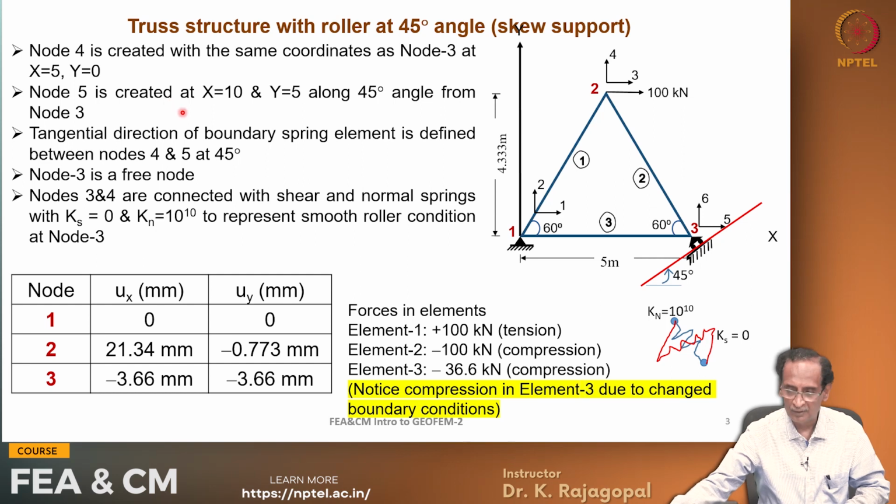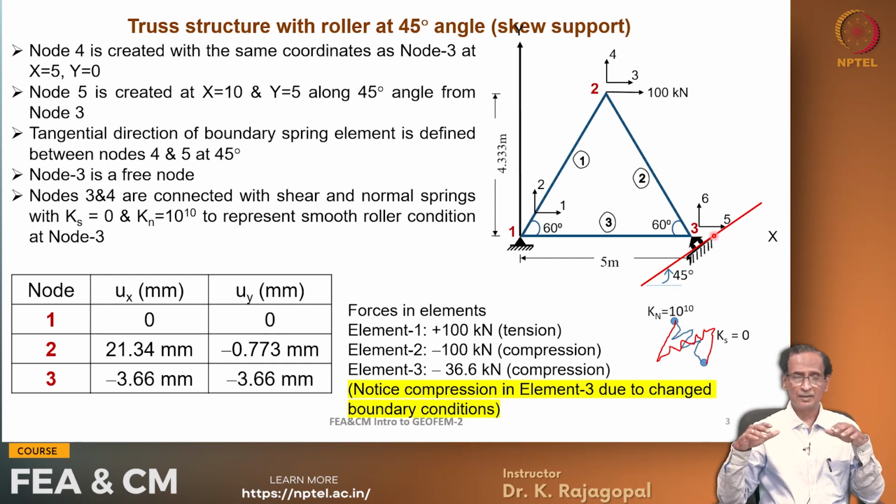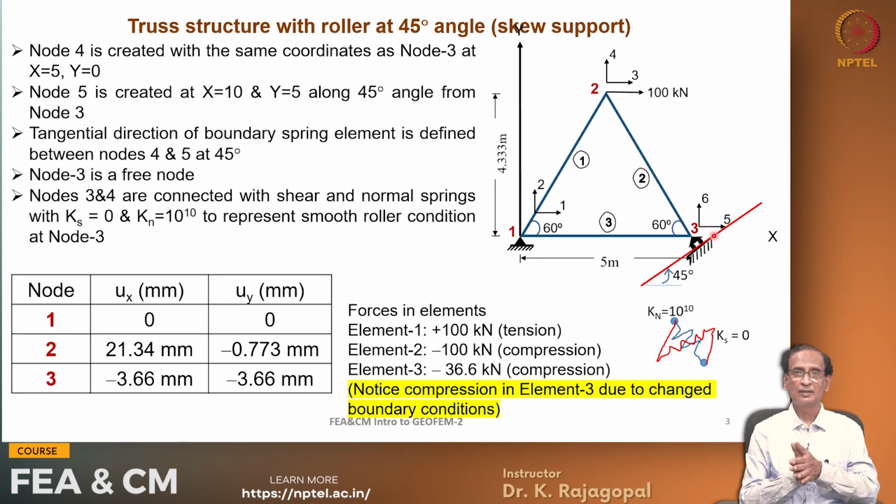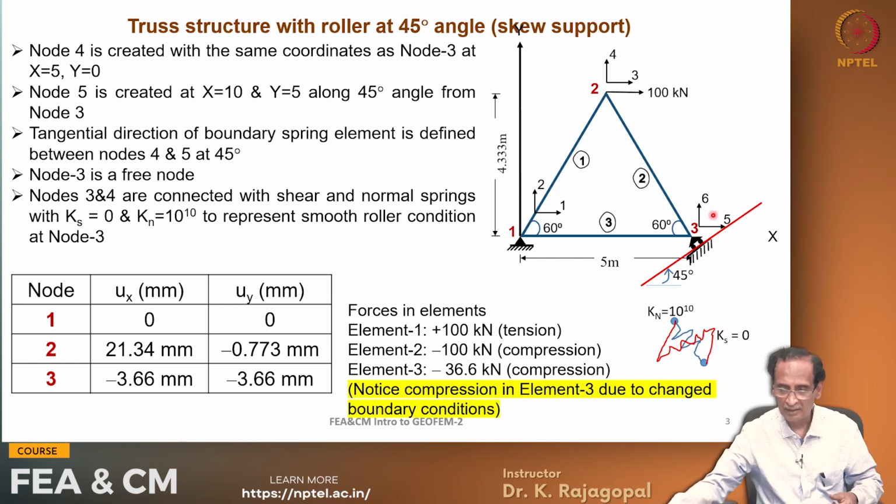Then we create another extra node 5 at x equal to 10 and y equal to 5, at 45 degrees from node 3 along this line, so that we can define the tangential direction for the spring element. Because the spring is connected between 2 points that have the same coordinates, we cannot really define any direction for that, and just to be able to define the directions, we give 2